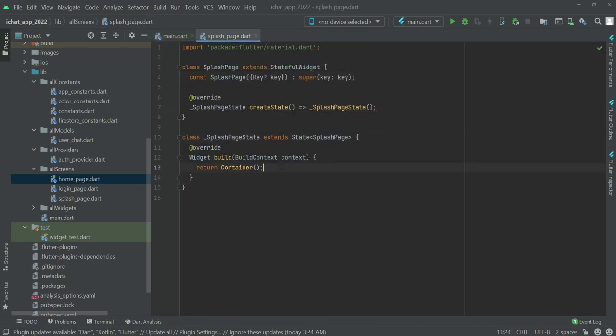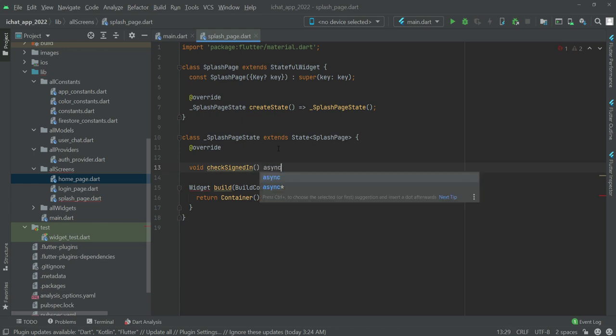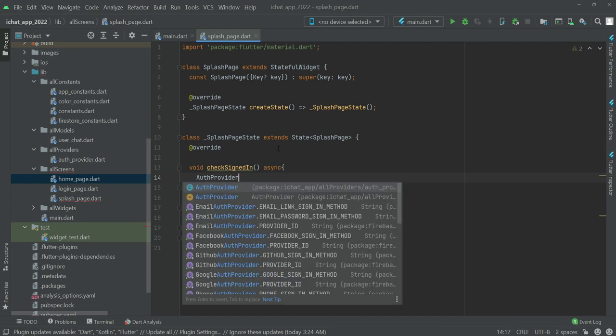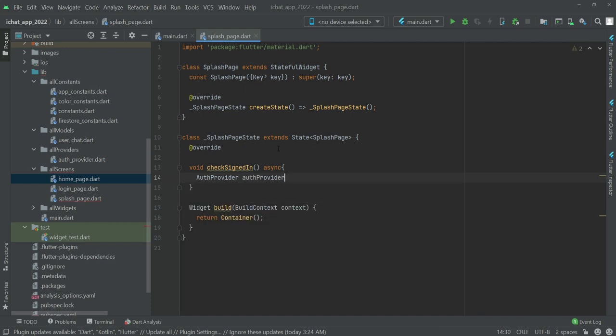Right here, first of all we will create a function which will be by the name of check signed in. Okay, so as you know that first we will check that if the user is signed in or not. So if the user is signed in, then we will simply redirect the user to the home screen, and if the user is not, then we will redirect the user to the login screen. Simple as that. Make this function async and right here type void auth provider, and then auth provider will be